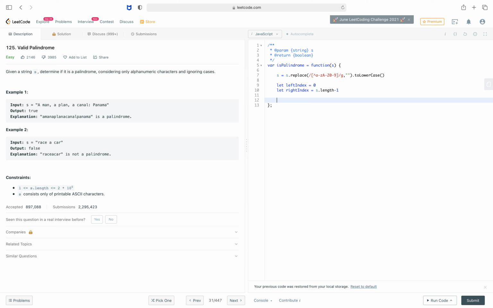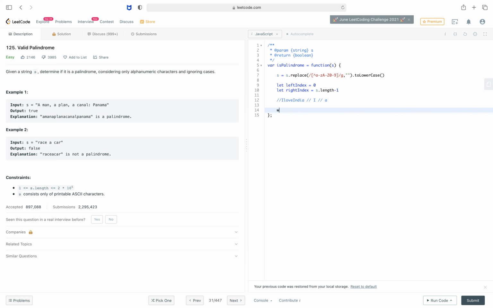If the string is I love India, my comparison starts with I at element 0 and the last element, which is A. I will compare with A, then the second element, L, is going to compare with the second last element, I.